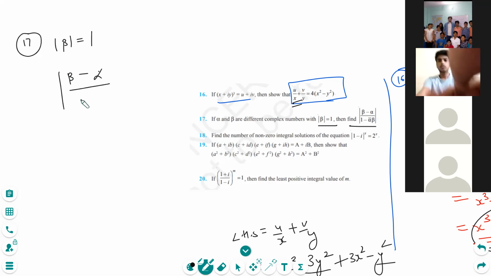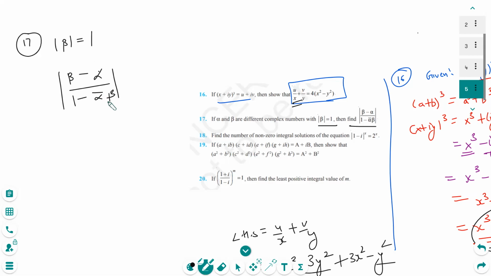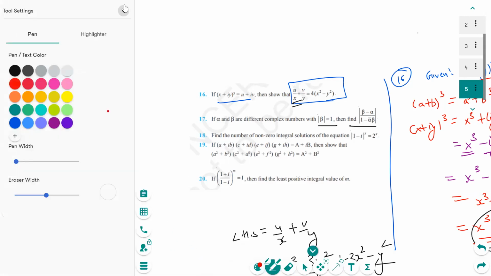Now this can be done in a number of ways. In various books, you may come across different ways, but I'm going to show you an easy way out. Okay, the easiest way for this. So if you remember, I told you the inverse of z is z conjugate upon modulus of z square, right? You can derive a relation from it, and I told you that there is a relation.